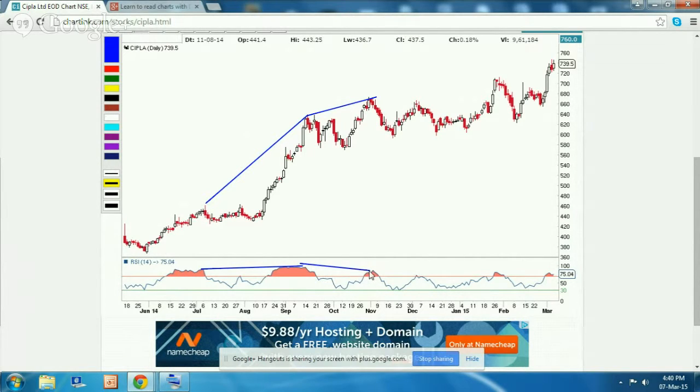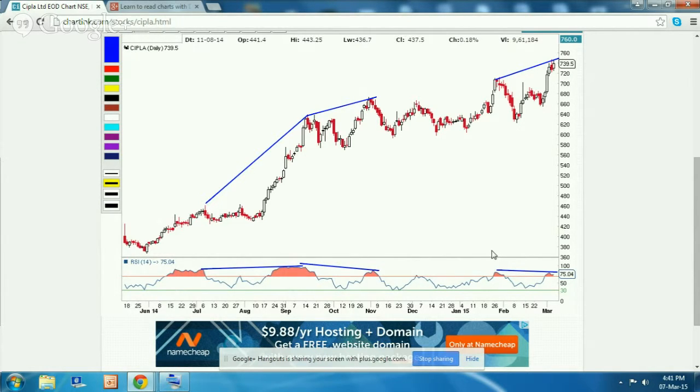And what do you see here? The line is going down. So the tops of the price is going up, whereas the tops of the RSI are sideways and then going down. And what do you see at the end? At the end also, the top is going up, whereas it is sideways. So there seems to be little weakness,